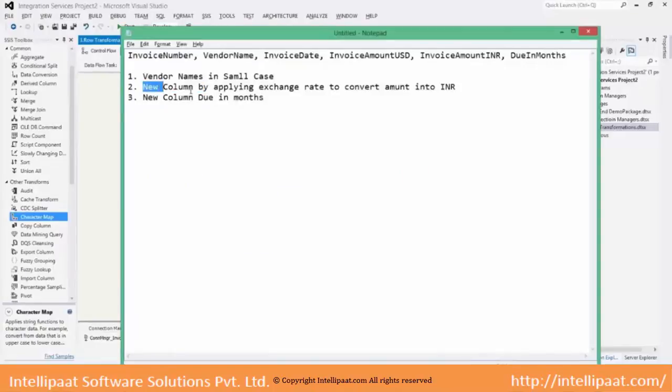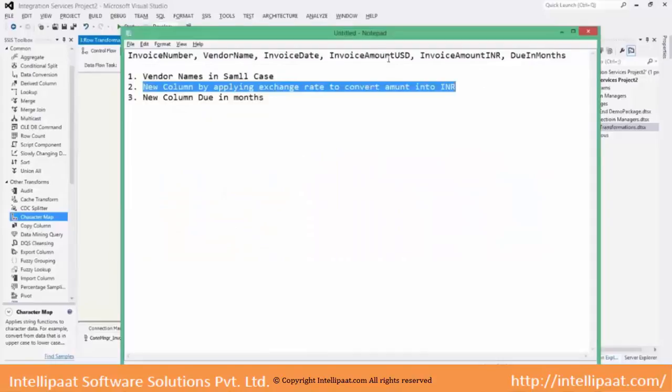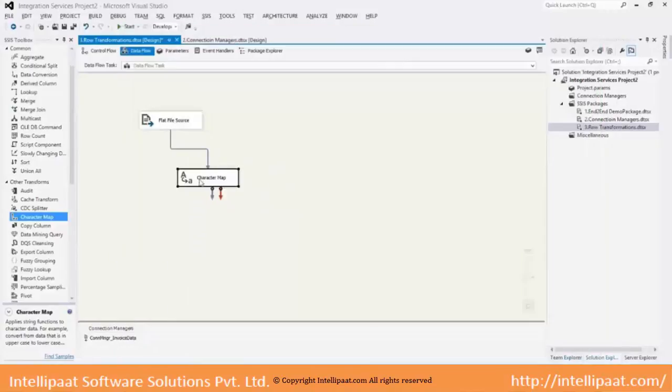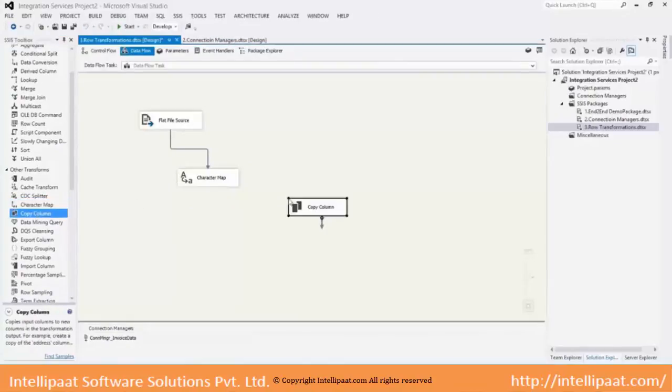Rule 2: new column by applying exchange rates to convert the amount into INR. So now an exchange rate should be applied and it should be made as a new column. I already have invoice amount, which is in USD. That column shouldn't be disturbed. So I want a new column to which I can multiply the exchange rate. So what I will do is take copy column.